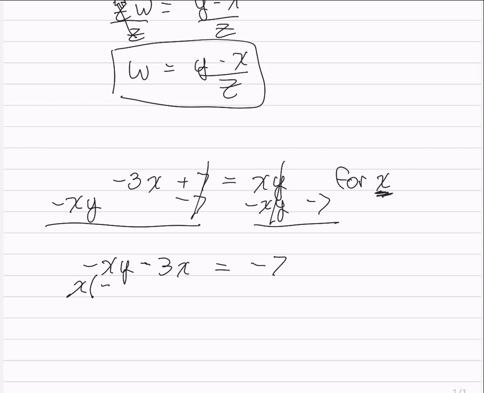And the answer is negative y. So x times negative y is negative xy. What would I multiply x by to get negative 3x? Minus 3 equals negative 7. Now, trying to get x by itself,